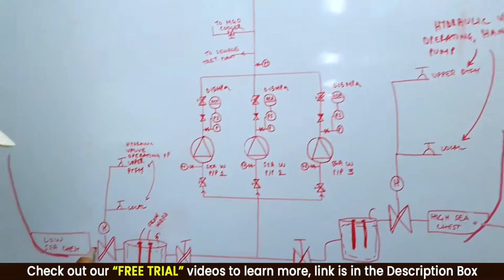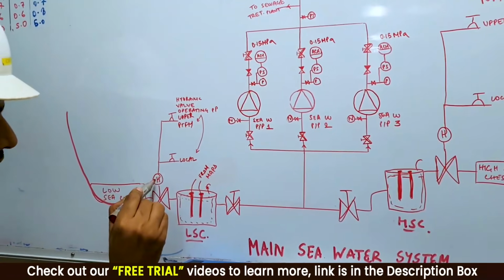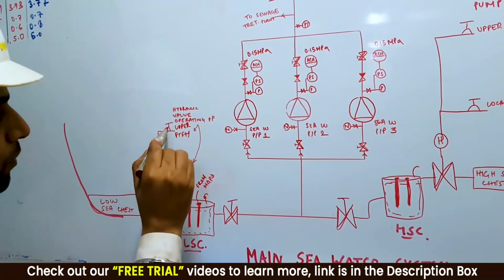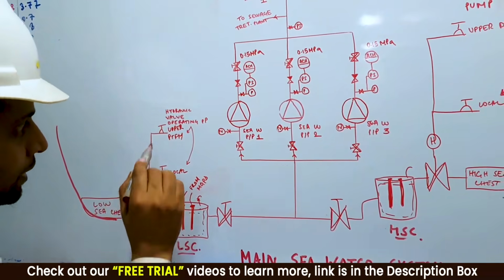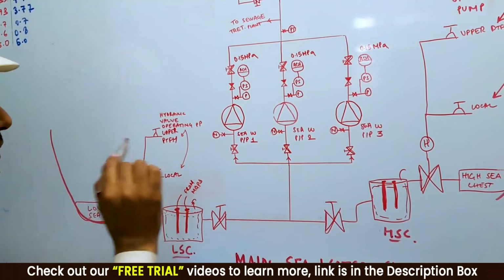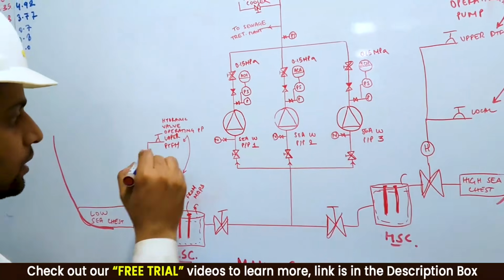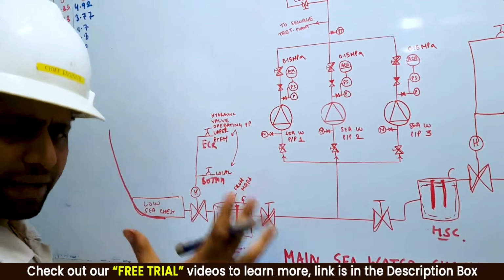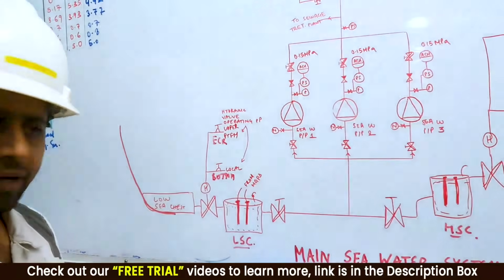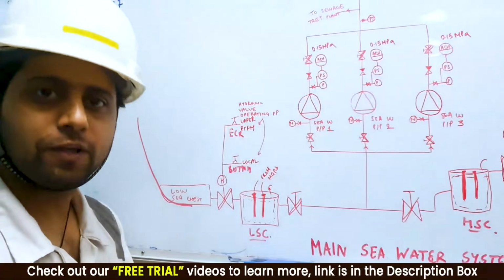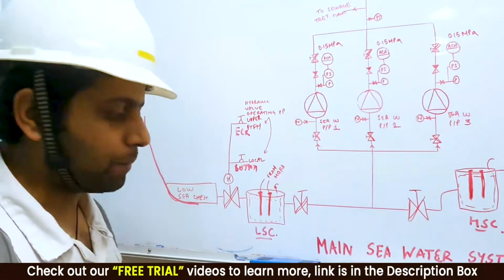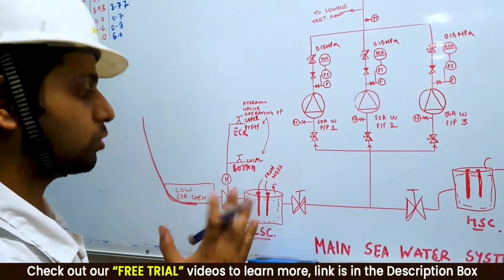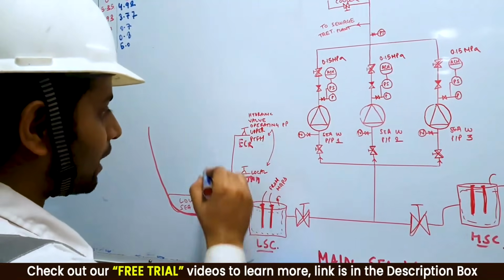On the low sea chest filter, there is this valve fitted, and you see this is a hydraulic valve, marked H over here. This hydraulic valve can be operated from two different places: locally, near the valve, and from the upper platform as well. I am going to show you how this valve is operated. This is on the ECR platform and this is on the bottom platform. Any big valve becomes very difficult to operate by hand, so since this is a huge valve, it is operated hydraulically. Hydraulic oil pressure will go in, and a piston inside will operate the valve with the gear mechanism. This valve will either open or close as you want. Copy it, guys, this is your hydraulic system fitted over here.